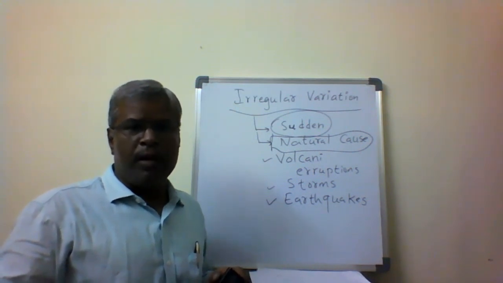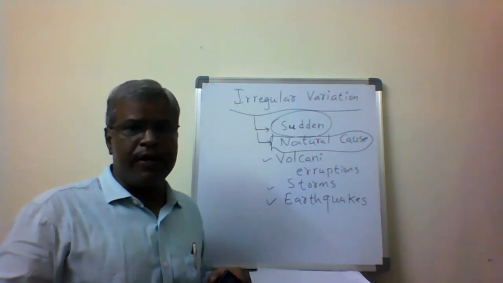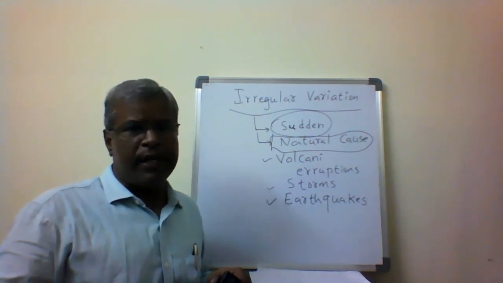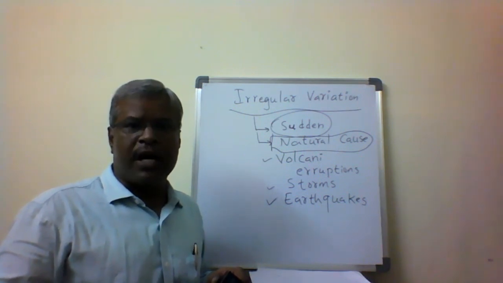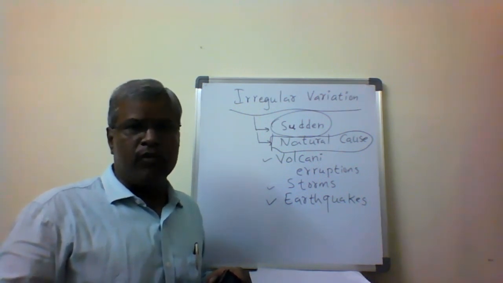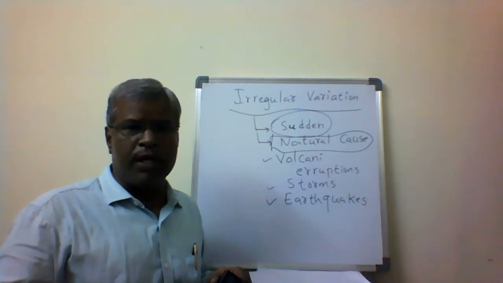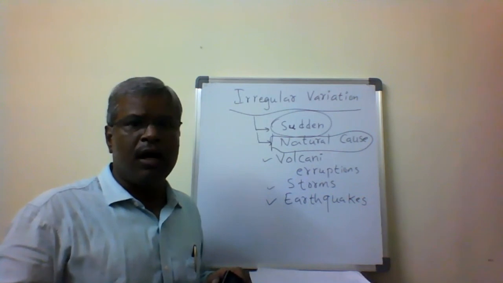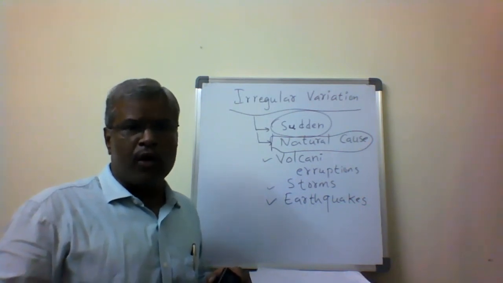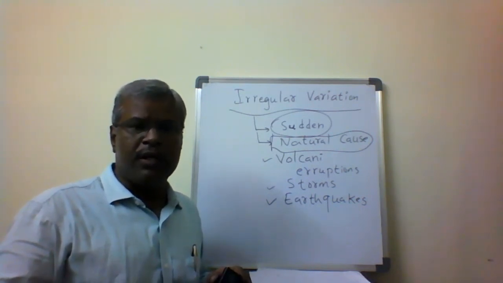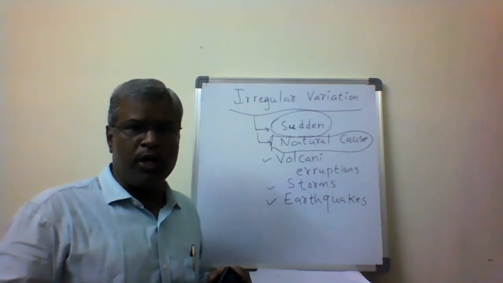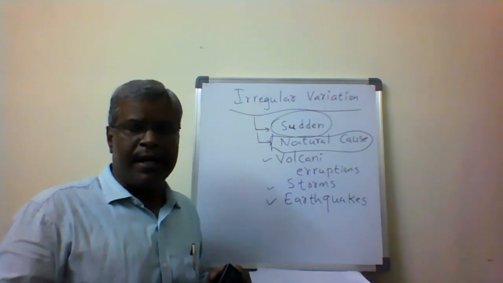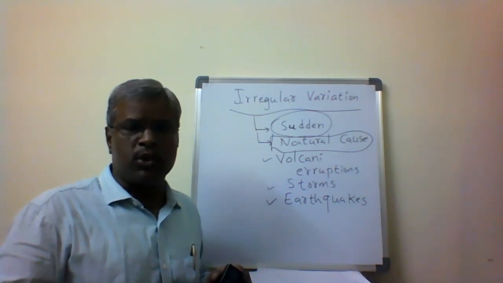While we are measuring directions, we have to identify the declination as well as the dip. After correcting for the declination and the dip, we carry out the compass surveying, and then the directions in terms of the bearings will be correct. Otherwise, if we do not detect the declination or the dip, the bearings we measure will be erroneous. And the angles calculated from the bearings will also go wrong.